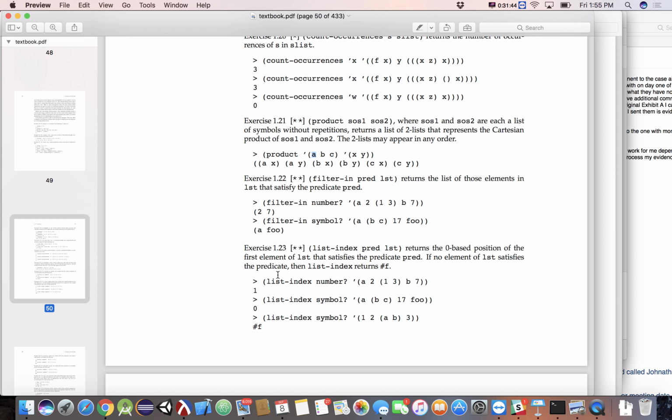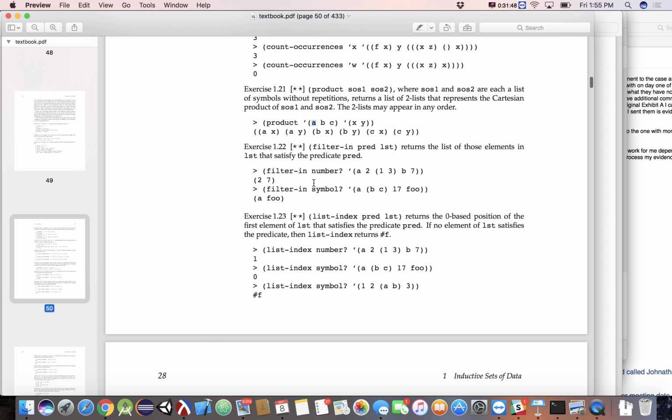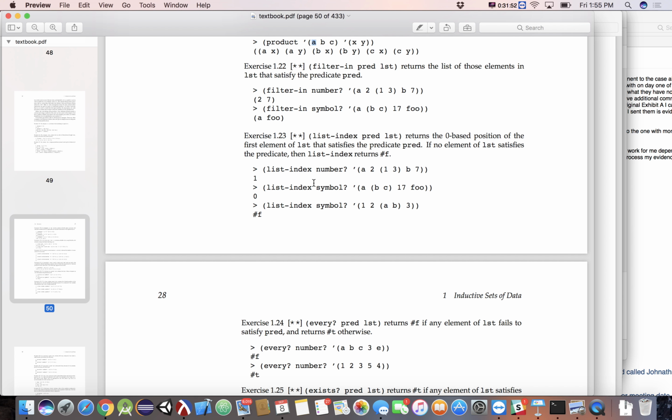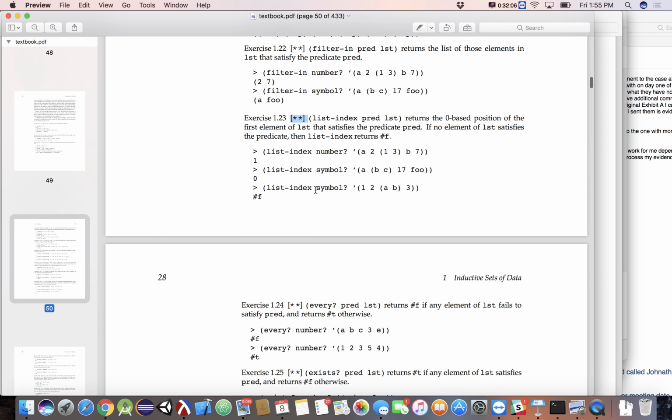All right, so let's see, what is next? So we just did 1, 2, 1, 1, 2, 2. All right, next one is list index, which returns the zero-based position of the first element of the list that satisfies the predicate pred. Oh, that one should be easy. Why is that 2 stars? Well, we're gonna pretend like that's a 1 star.